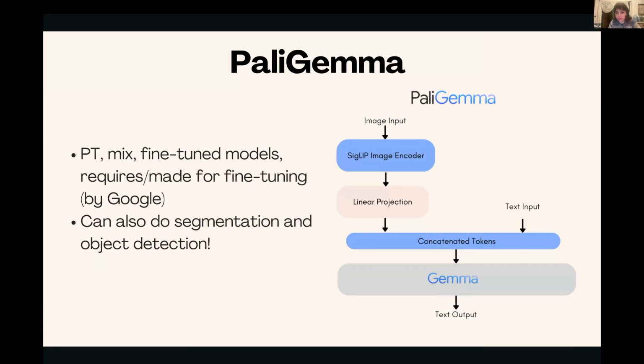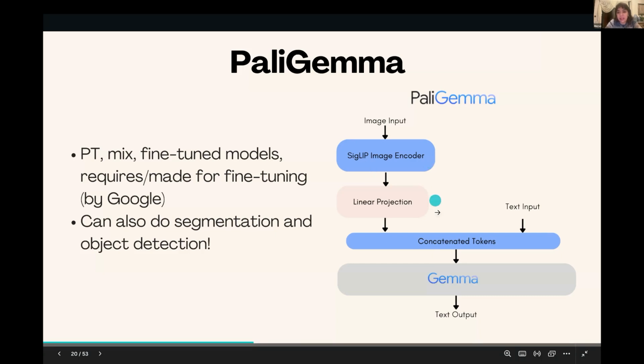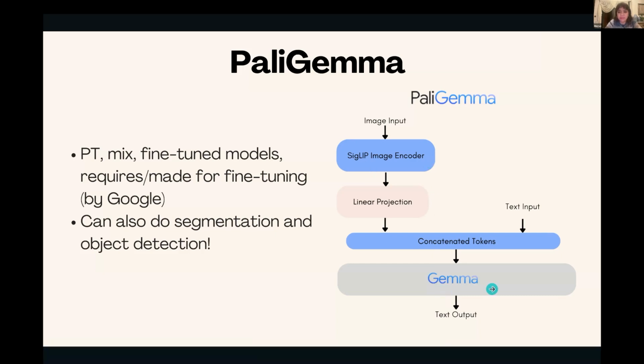So one of the most exciting models of this year was PaliGemma. PaliGemma is a model released by Google, and they have used the Siglip image encoder with the Gemma model. And basically they had linear projection. This says tokens, but it should be embeddings. Basically, they concatenate the projected image representation and text and then pass it to Gemma. And they have released three